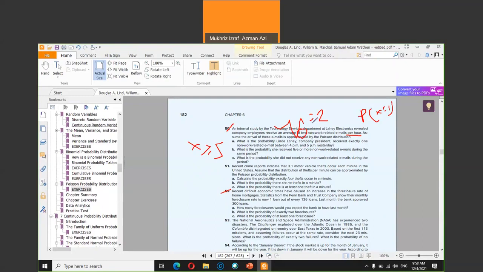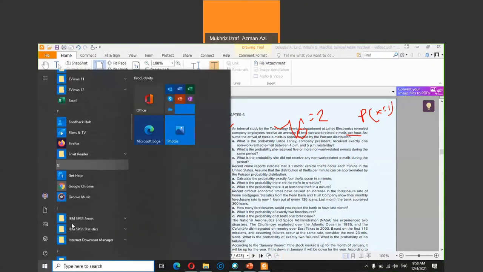So let's say when the mean is equal to 2, you want to get 5 or more, meaning 5 and above. So it can be 5, 6, 7, 8, but when do you stop? Actually it can go to infinity. That's why in Poisson, whenever you want to calculate anything more than or more than or equal to, you need to use the inverse procedure. Inverse means if you want to calculate greater or more than 5, you need to take the inverse of that, which is 1 minus something.